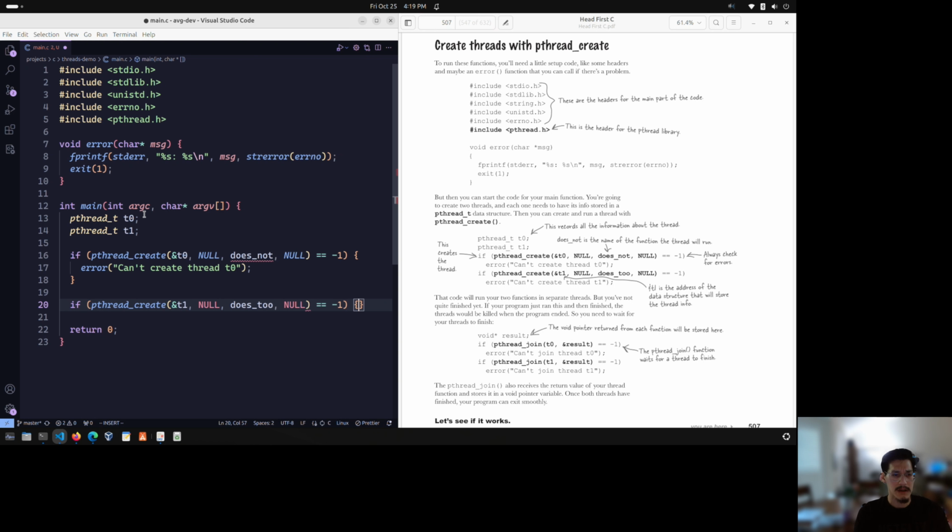So if it equals -1, we'll need to emit the error: can't create thread t1. Okay, and now we need to define these 2 functions, does not and does to,